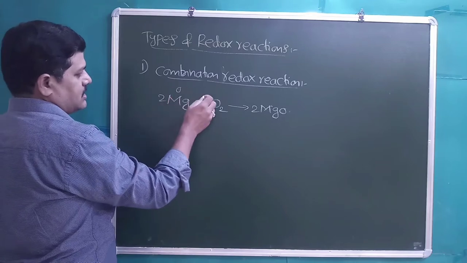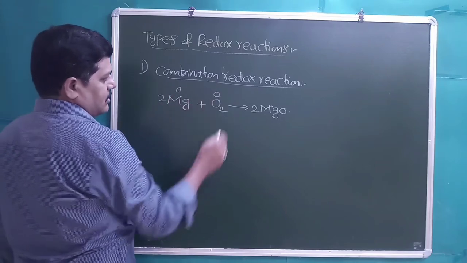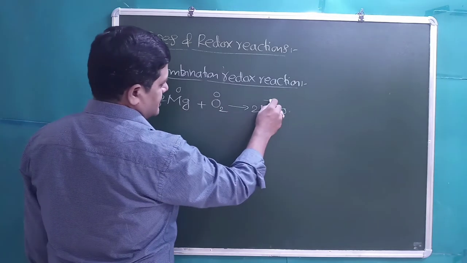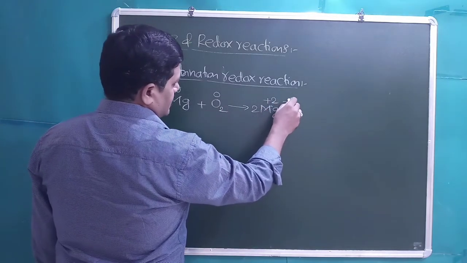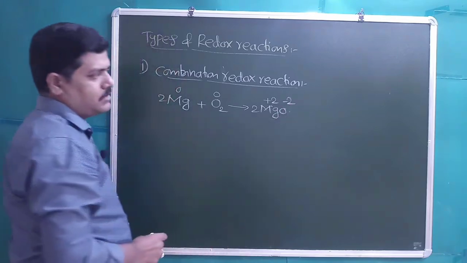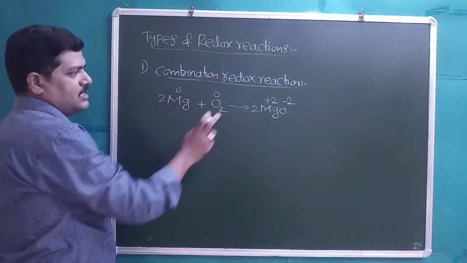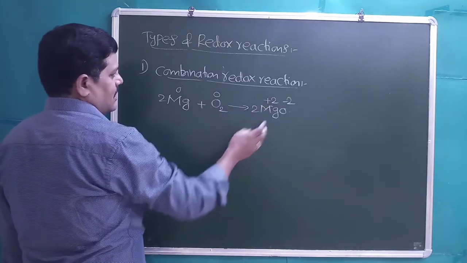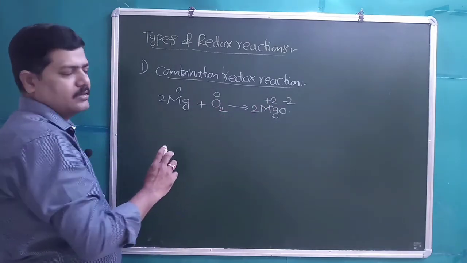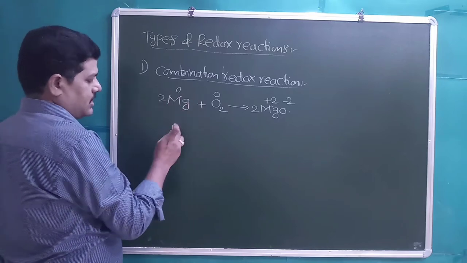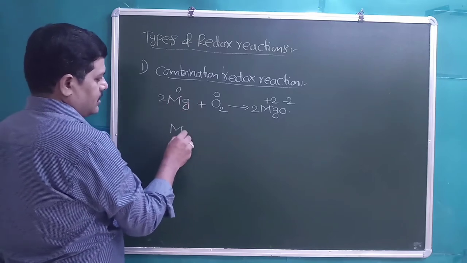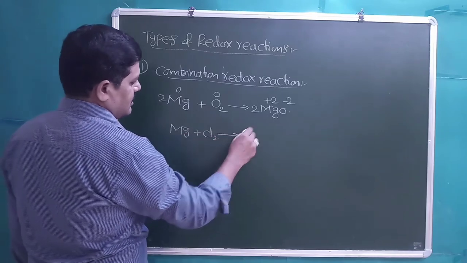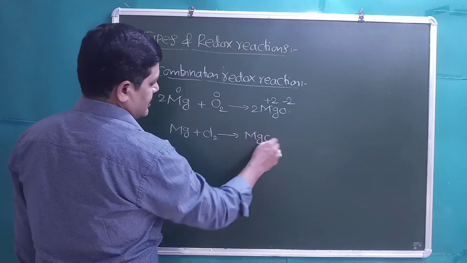Mg oxidation state is 0, elemental state. Oxygen oxidation state in the elemental state is 0. In the product, Mg oxidation state is +2 and oxygen oxidation state is -2. There is a change in oxidation states. So this is a redox reaction as well as a combination, so combination redox reaction. Similarly, if Mg and Cl2 are reacted, then it will give MgCl2, which is also a